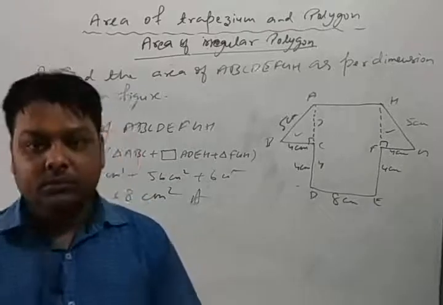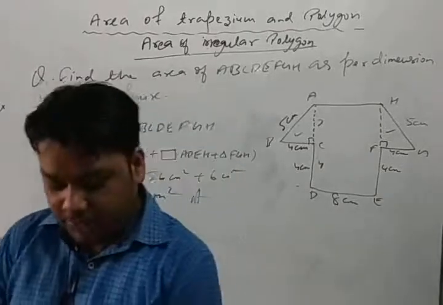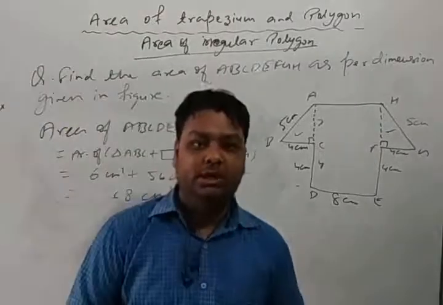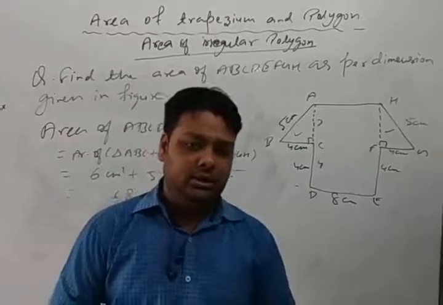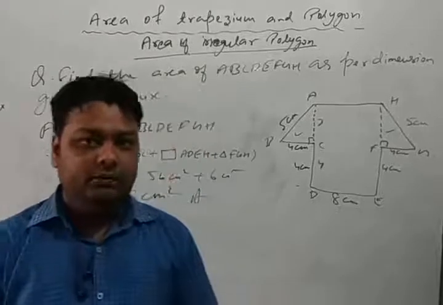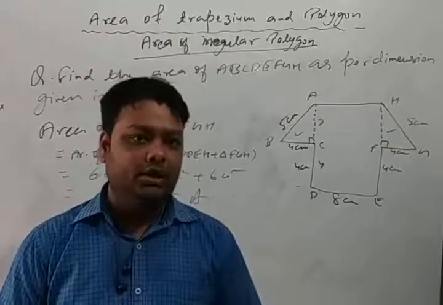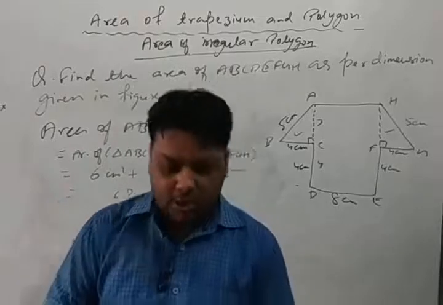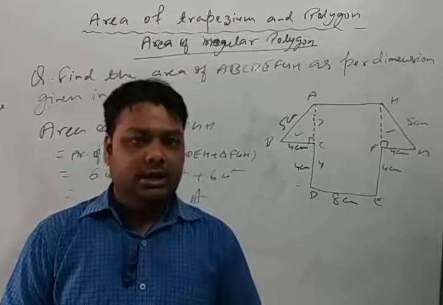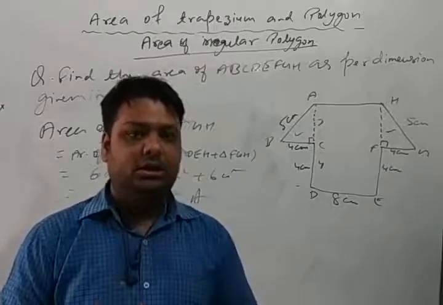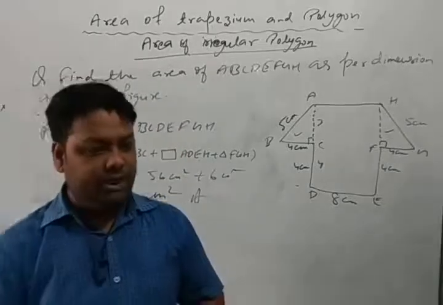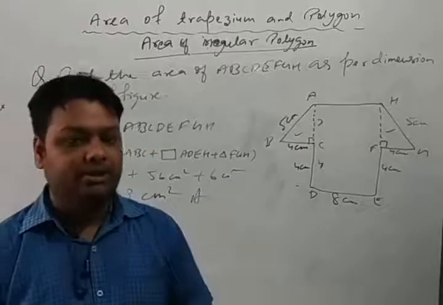Now as we know that the area of trapezium is 1 by 2 into sum of parallel sides into distance between the parallel sides, or we can say the height. This is the formula of area of trapezium. Okay. Now area of right angle triangle. It will be 1 by 2 into base into altitude. Altitude means height. Okay. Now if you are finding the area of any triangle, that is, if all the 3 sides are given and all the 3 sides are not equal, it means it is a scalene triangle, then we can find the area of that triangle by using Heron's formula.